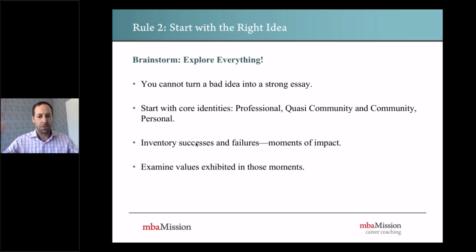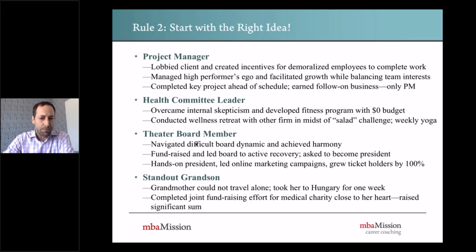So we say, start with those identities and then think about how you can inventory successes or even failures within those identities and really get to those moments of impact. And you'll try and get to this point where you have these micro examples that represent you extremely well. And then examine the values that you exhibited in those moments, in those micro examples. This is a very simplified output for an individual, but you'll have an output where you can start to look through and say, okay, I've got all these little micro examples of where I've been a strong performer, and I can look through them and say, okay,